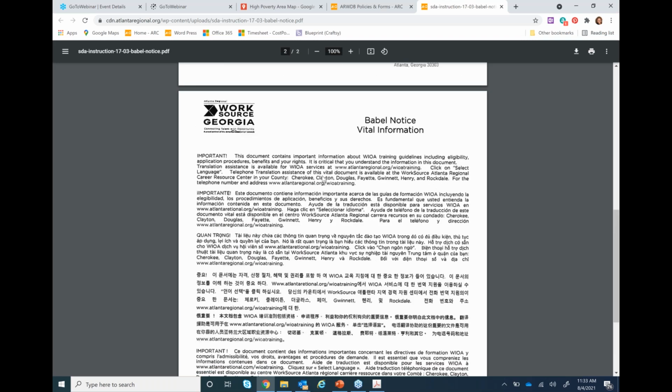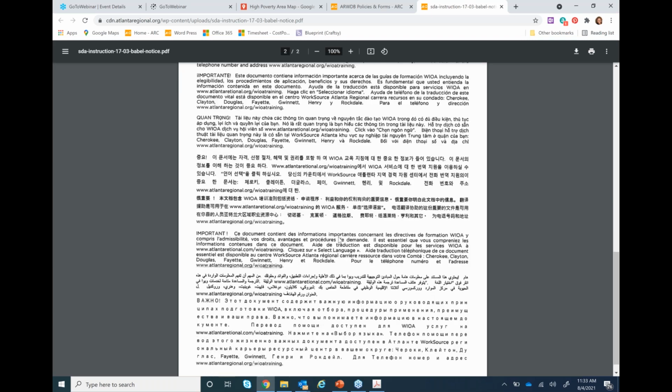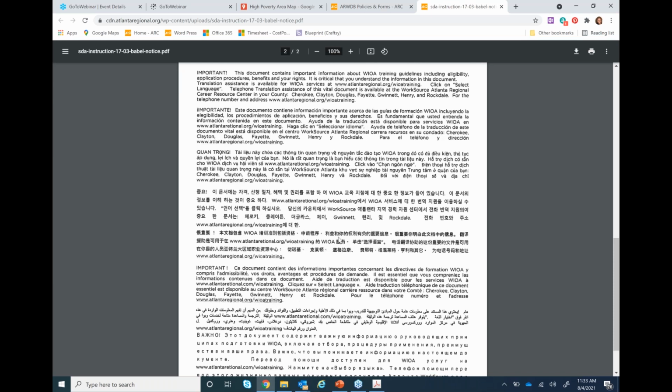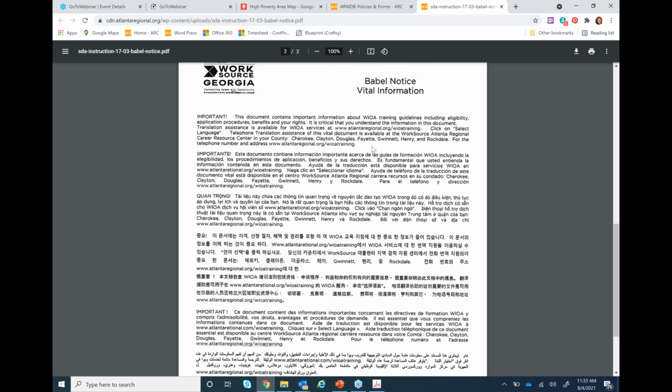Okay, the notice is in English here, and then it's all the different languages moving down. Basically, when someone who's struggling with English or needs help reading English sees this notice, they'll know that they can get assistance, and they'll know how to go about getting it, even though they may not be strong in English. So you put that on the front of your application so that anyone who's struggling with English can see it right away.